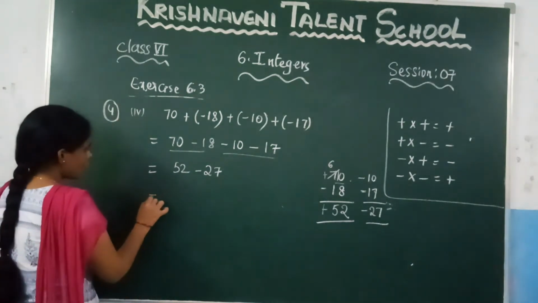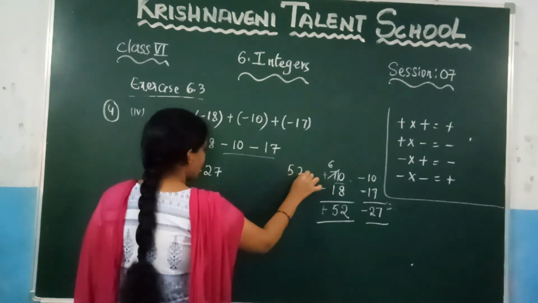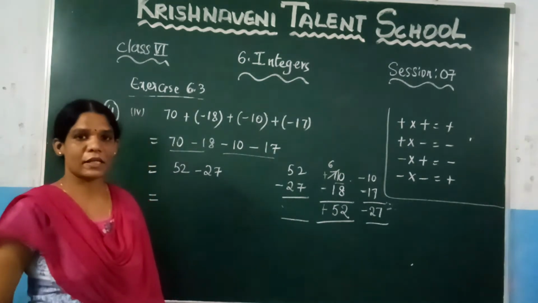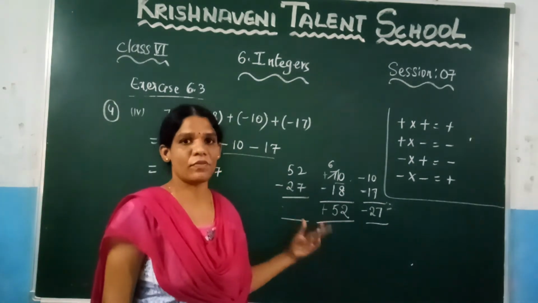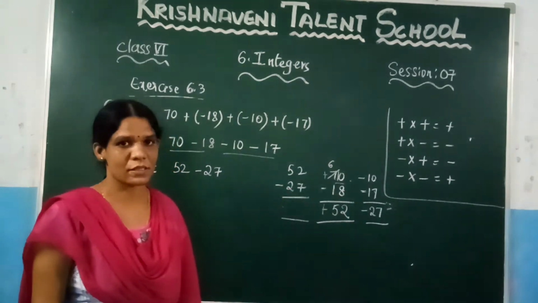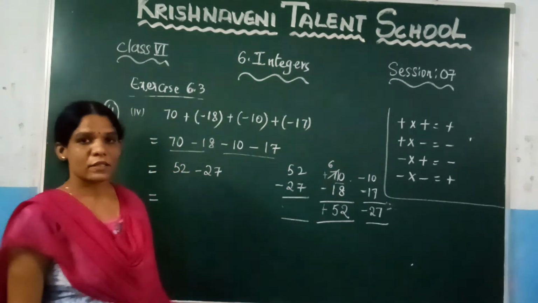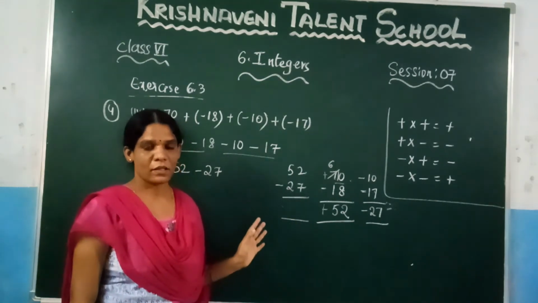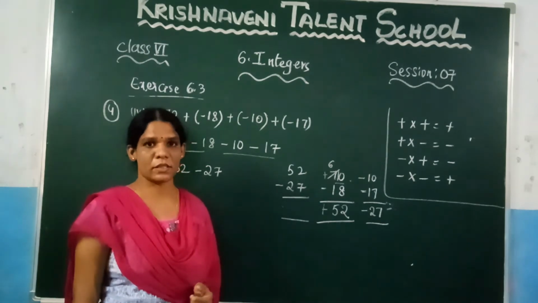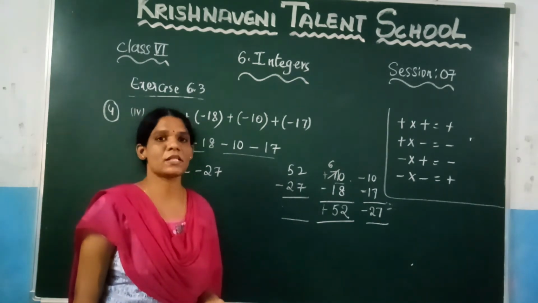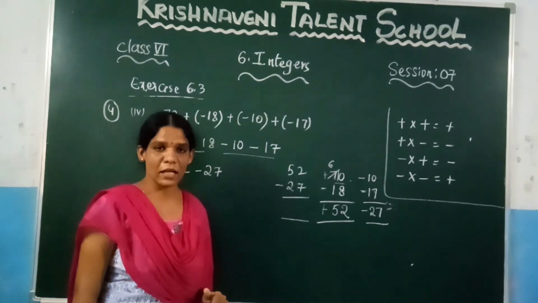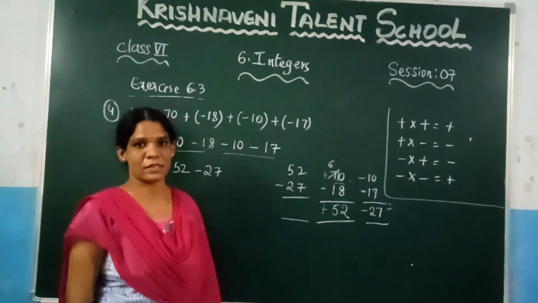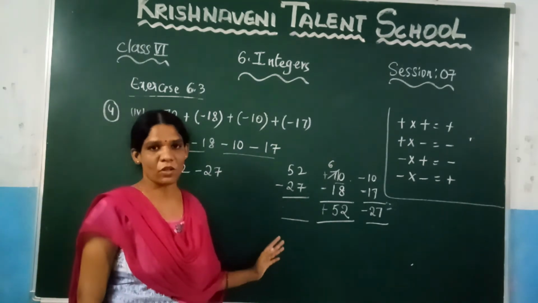Let us solve that one. What is there here? 52 is there and minus 27 is there. Right? Now you can observe that again these two numbers have different symbols. Right? Here plus is there, here minus is there. So you need to subtract. Right? This one you need to remember. If the numbers have the same sign, you need to add, whether it may be negative or positive. And if the numbers have a different sign, you need to subtract. And in the answer, you need to check here: the biggest number's symbol, that symbol you need to keep in the answer. This pattern you need to follow for any kind of problem.